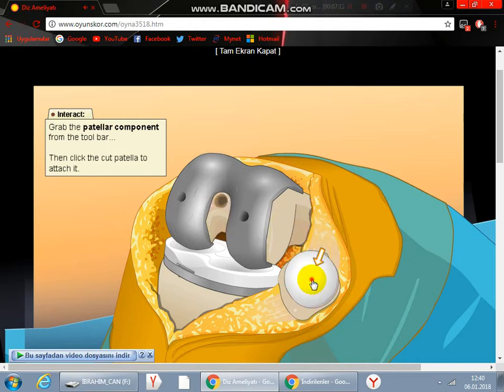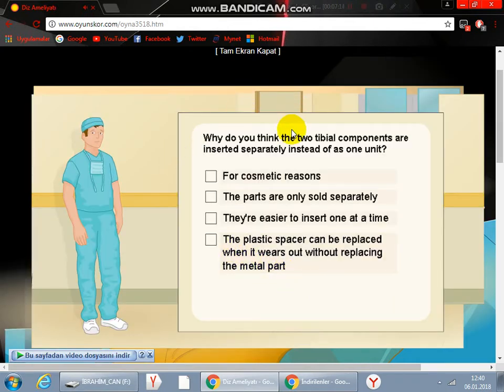Why do you think the two tibial components are inserted separately instead of as one unit? For cosmetic reasons,